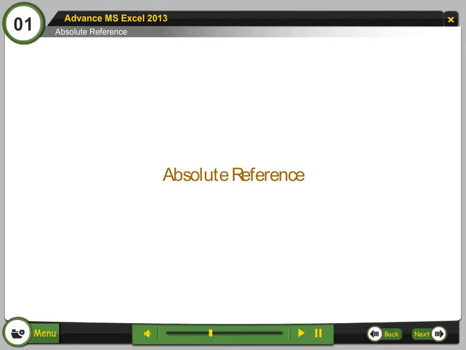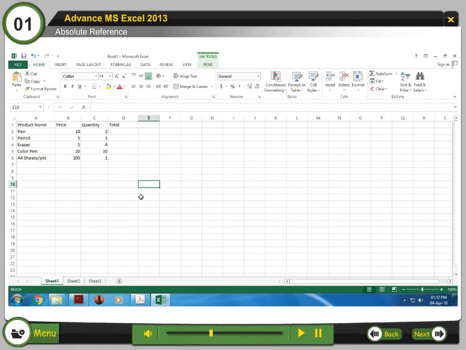Absolute reference. To create and copy a formula using absolute references, do the following steps. Step 1. Select the cell that will contain the formula. For example, select cell D2. Step 2. Enter the formula to calculate.